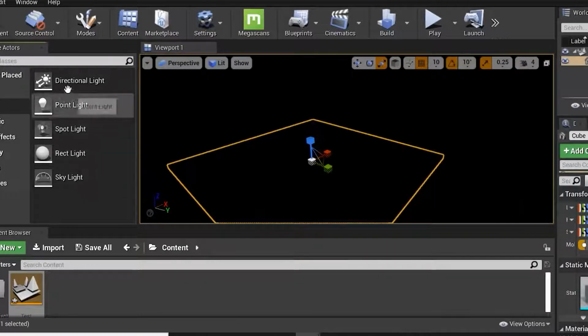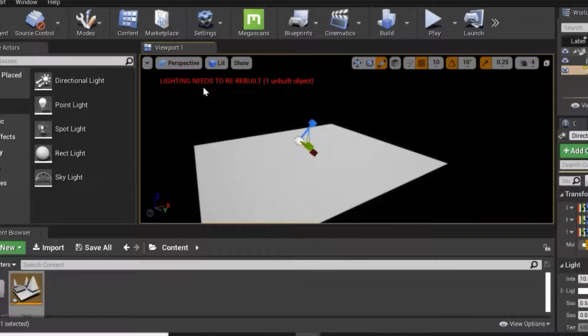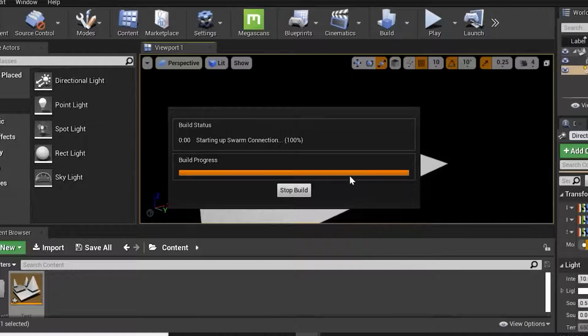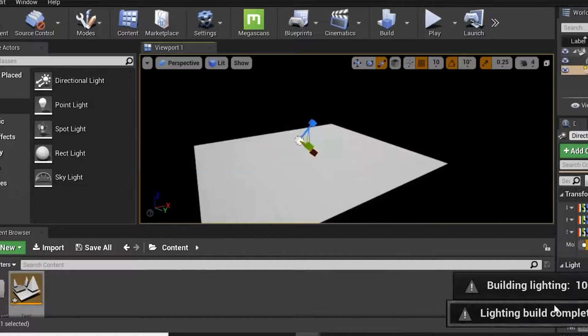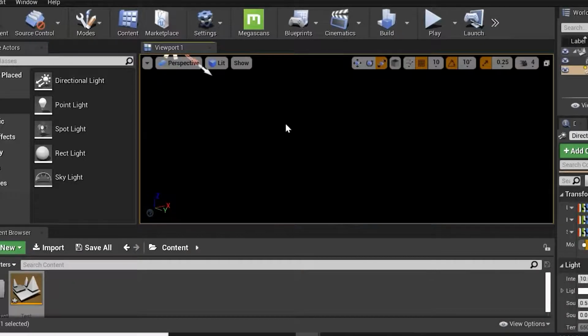Now I have not added light in my scene. I'll go to the light. I will use directional light. Here you will see it's again asking that lights need to be rebuilt, which means again you need to go to build lighting only. Now after that I will add the atmosphere fog. If you see the ready-made presets, it's building the lighting calculations. Correct? Here if you see, now we are getting this checker color in that.